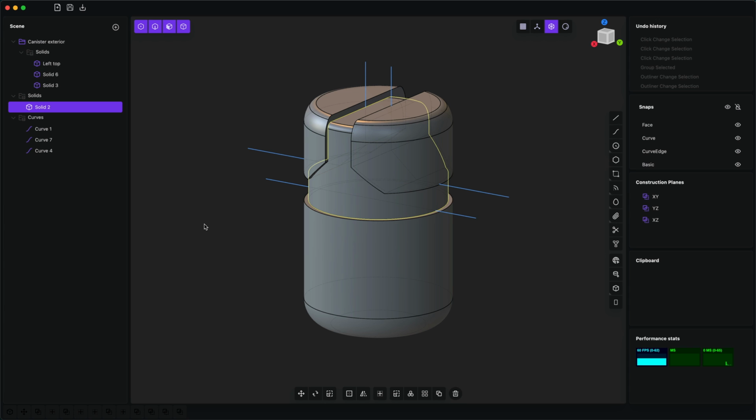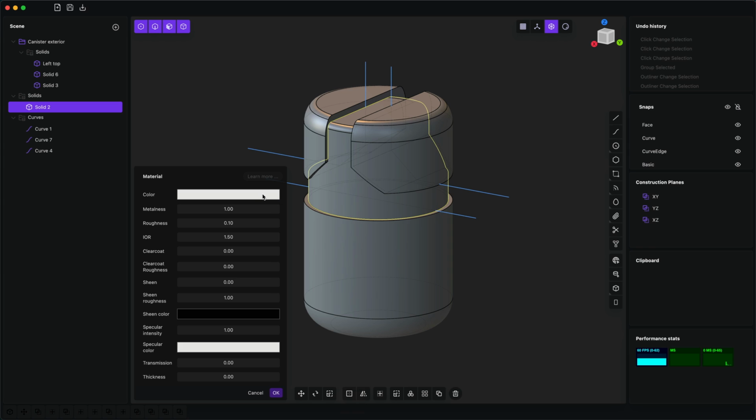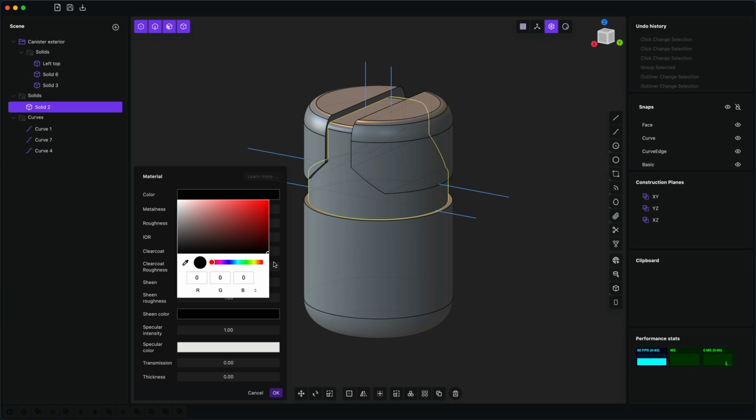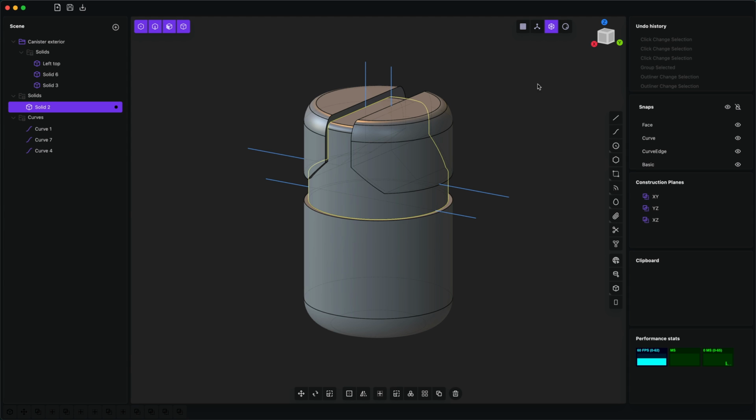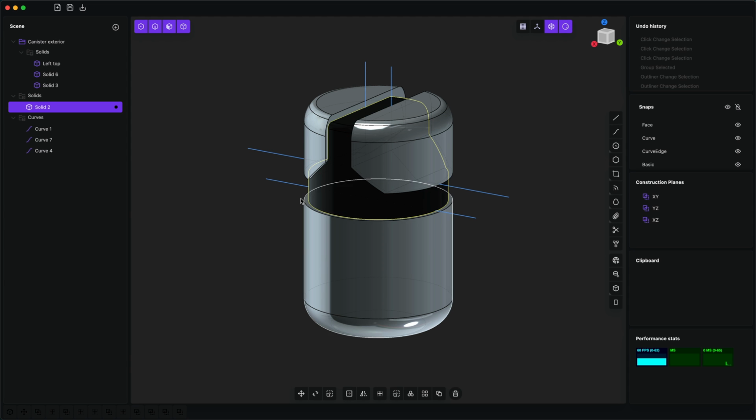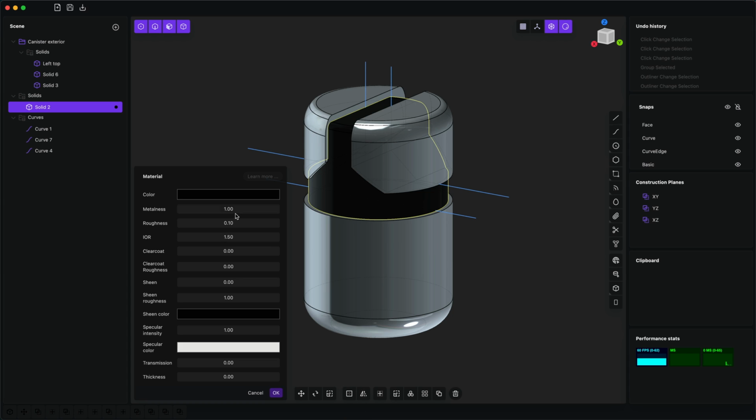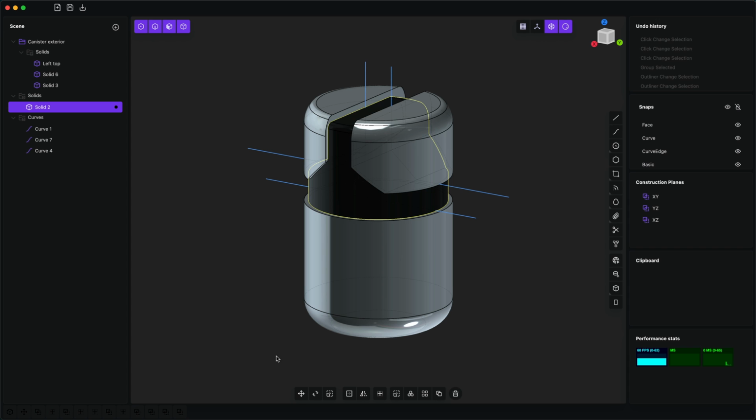Now, Plasticity for a while has had a little material system, so you can set the color and the metallic roughness of an object as you like. Now you have to be in render mode normally to see these colors. Render mode uses an HDRI. Let me tweak this just a little bit. You'll also notice there's a little dot, a little color preview in the outliner which shows you the color of